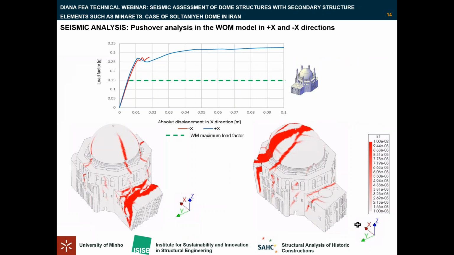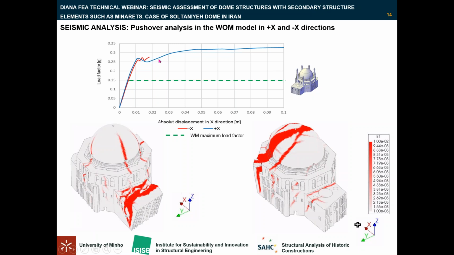In the second scenario, as I said before, all minarets were removed along with the inside stairs from the model. So here we have the model without the minarets and the stairs inside. And the pushover analysis was performed in all directions. As you can see in this graph, in the negative,